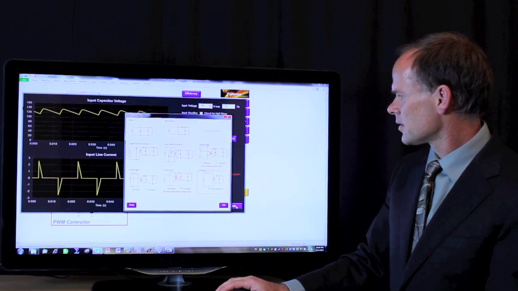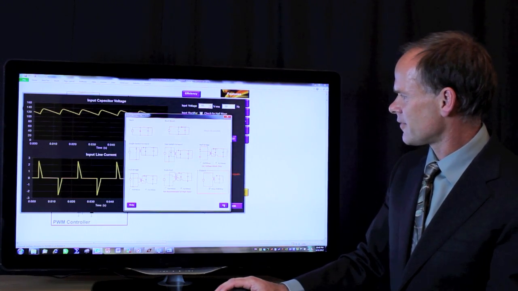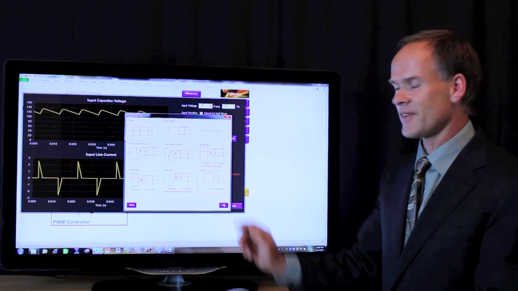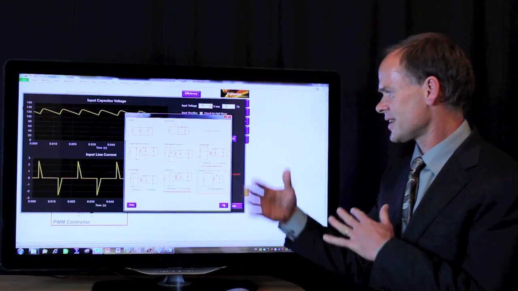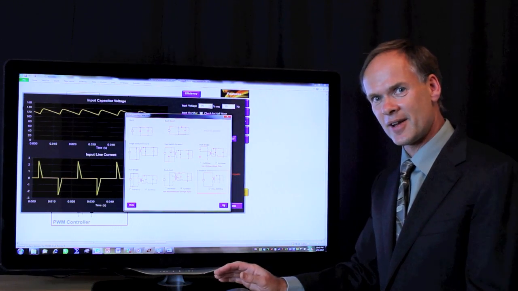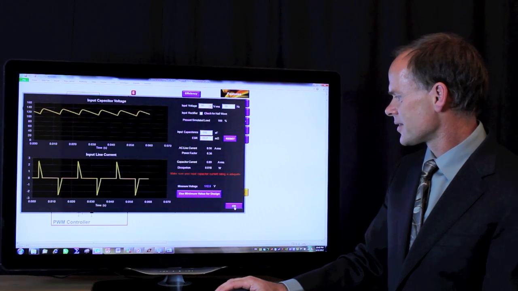Let's go have a look. Going to choose the topology again. We're still sticking with our flyback converter. Notice that within Power 456 you have many other topologies available to you, and you can actually take the same design and switch it over to a different topology and see how that simulates, but that'll be the topic of a different video. Let's go back to simulating some of our waveforms